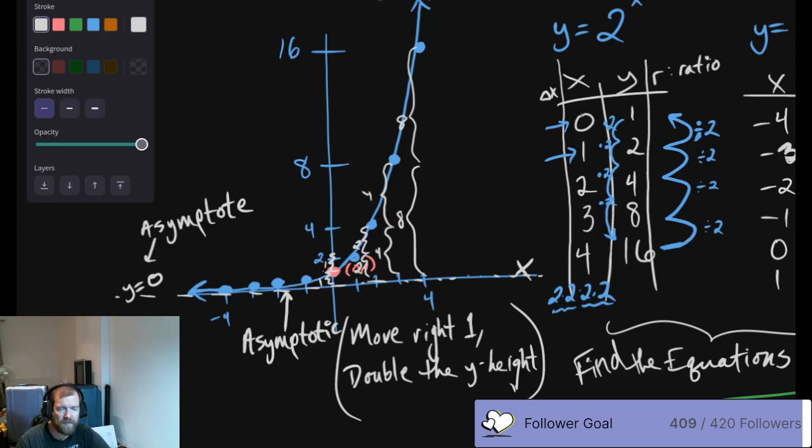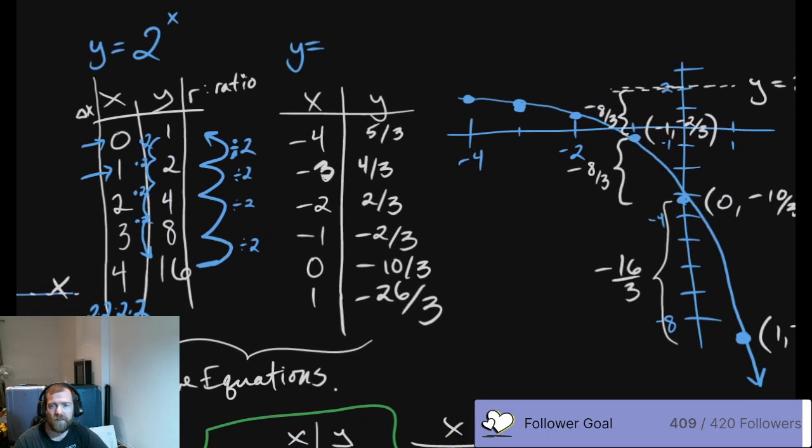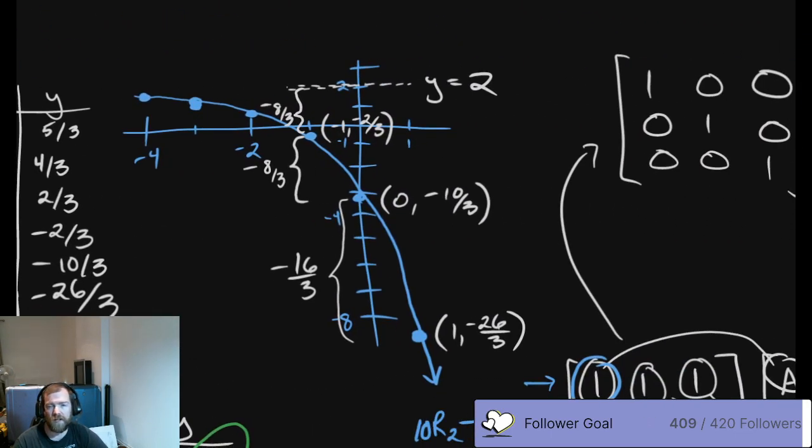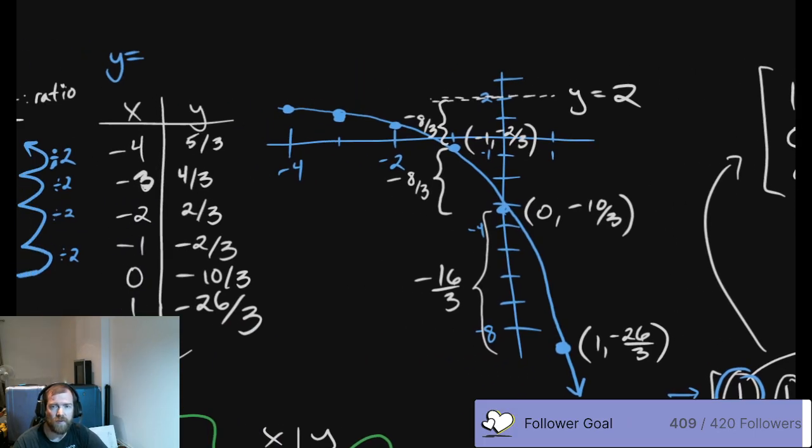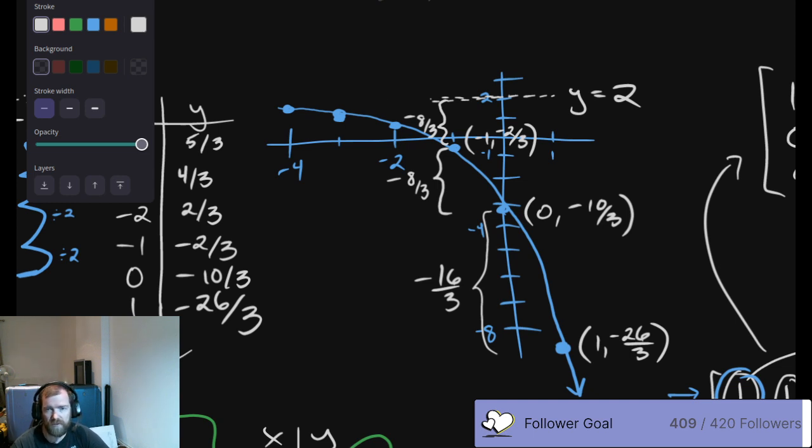And again, the behavior is asymptotic. Well, that is a fundamental fact, again, for all exponential functions. We're going to say, okay, we're measuring our distances from y equals 2. So if we go further over this way, all these distances are just going to get cut in half and half and half again. So negative 8/3 over here for this one, that distance becomes a negative 4/3, and then a negative 2/3, and then a negative 1/3.